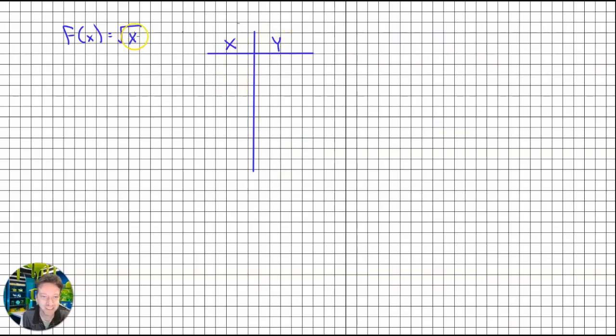But this time, just to make the numbers easier, because I don't want to put in a 2 for x, because then that's the square root of 2. It doesn't give us a nice integer. So to deal with nice, easy numbers, I'm going to choose 0, 1, 4, 9, and 16. So square root of 0, 0. Square root of 1, square root of 4 is 2, square root of 9 is 3, square root of 16